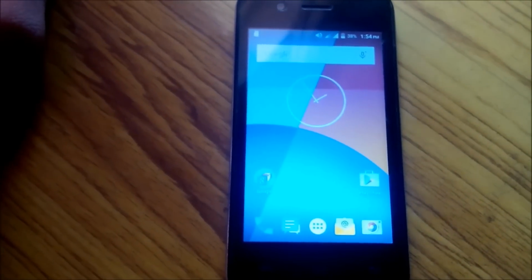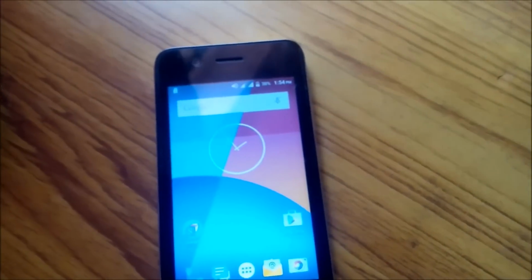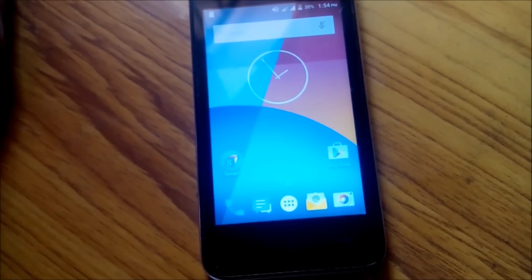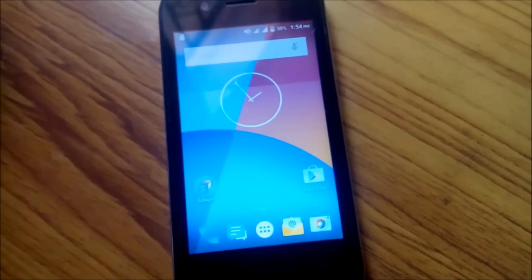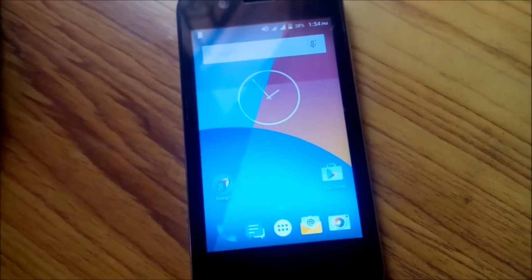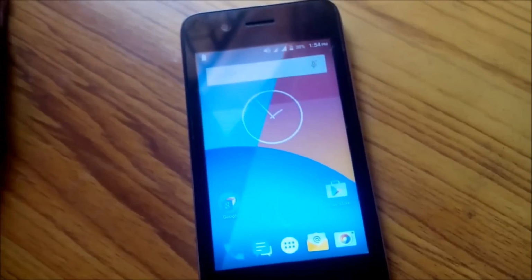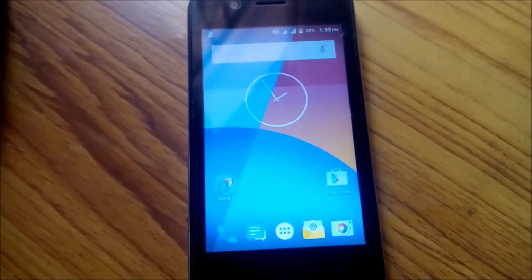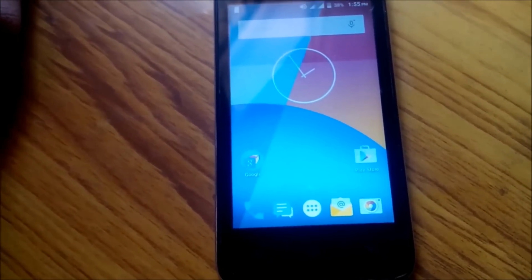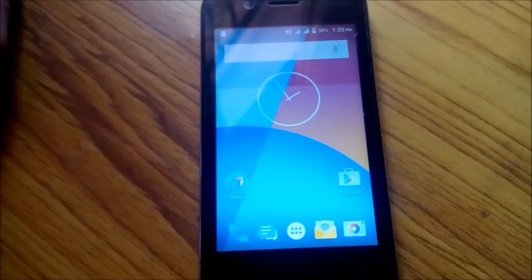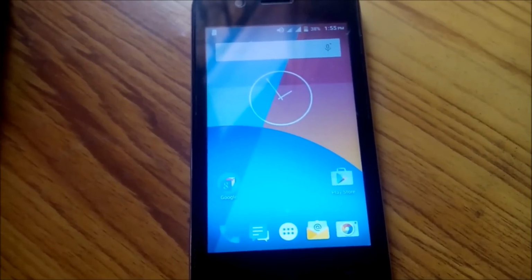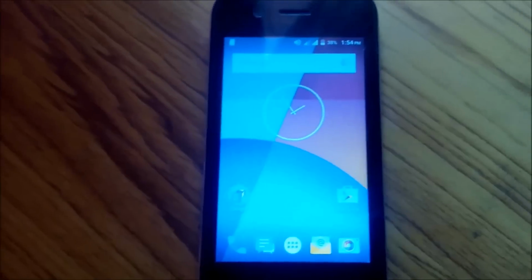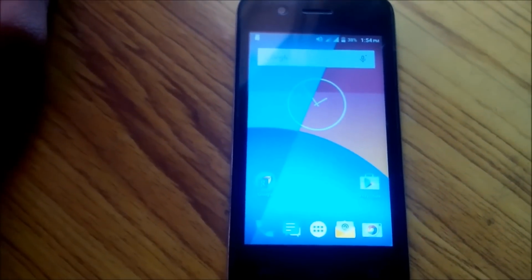This procedure is the same for pretty much all Android phones. I mean, there may be other solutions, but the solution that I have found after many days of research is that the only way to fix this issue is by formatting your phone. And since you can't format your phone from inside your system, as your system is stuck at the boot screen, you do it this way. So that's it, guys.